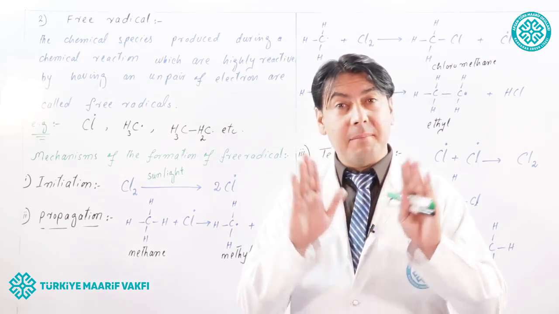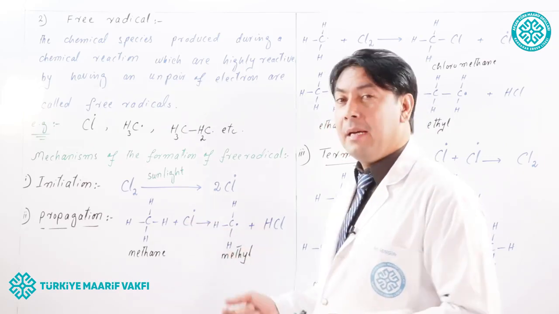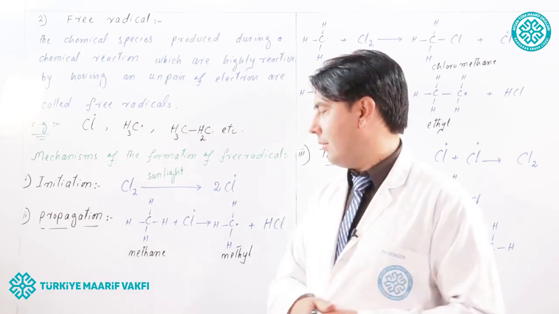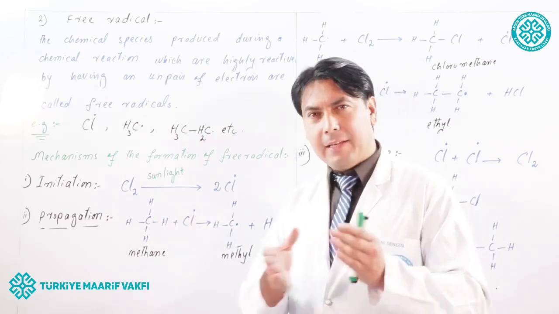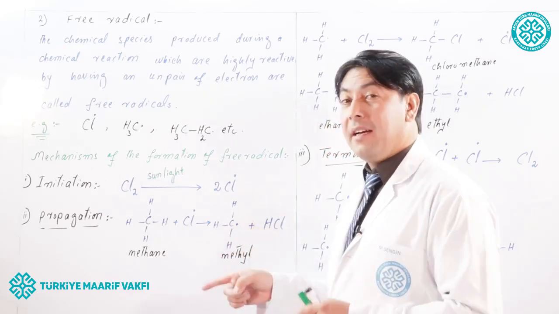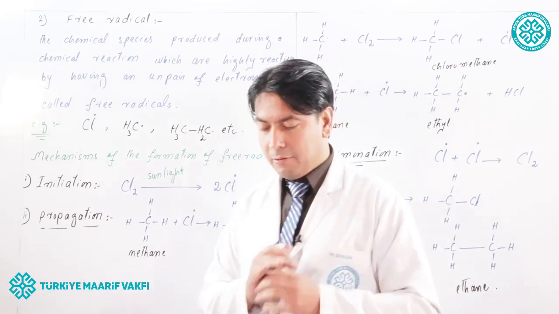Chlorine will become stable. Why? Because it has taken a proton and formed HCl, hydrochloric acid, a stable molecule. And what happened with the methane? The methane converts into methyl free radical. Another free radical is formed. Now,